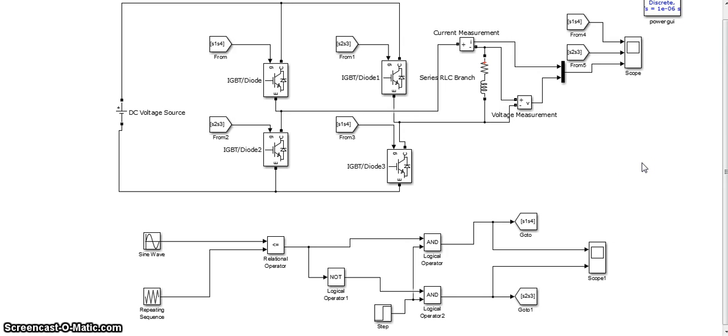We will be presenting the simulation and modeling using MATLAB of a single phase inverter. So basically an inverter is a circuit which converts a DC power into an AC power at a desired output voltage and frequency. The AC output voltage could be fixed or variable voltage and frequency. This conversion can be achieved either by controlled turn on and turn off devices, and in this circuit we are